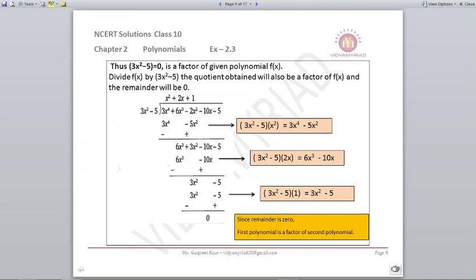Now we will use this as a divisor and divide the dividend by it. You will see you got remainder 0, but you got x square plus 2x plus 1 as your answer. Now this is in the form of a quadratic equation, and this can be further solved with the help of middle term splitting. So what we are going to do now is find the factors of x square plus 2x plus 1.